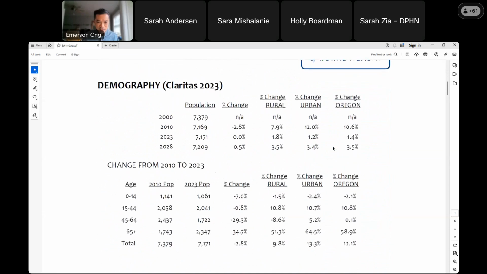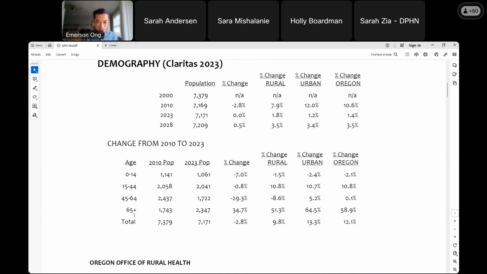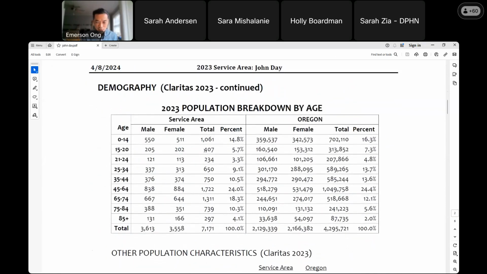Then demographics from Claritas by past and future numbers compared to rural, urban, and Oregon, and then population breakdown compared to the rest of the state, and then further population breakdowns compared to the rest of the state,